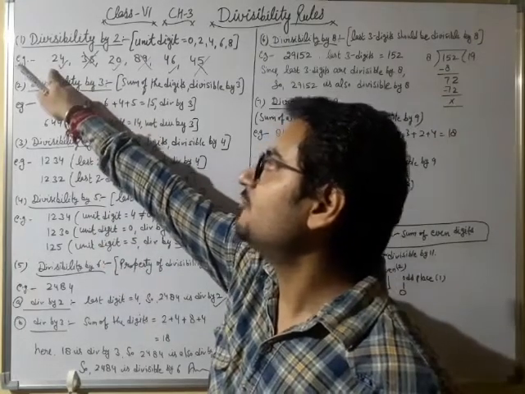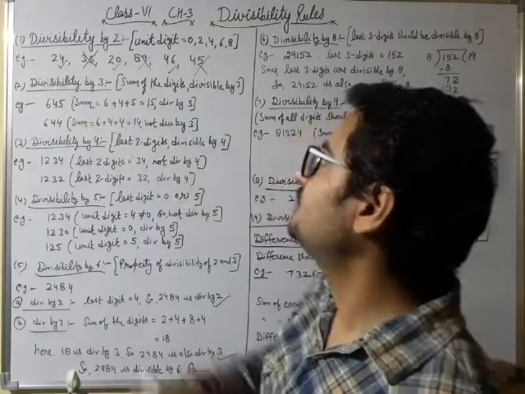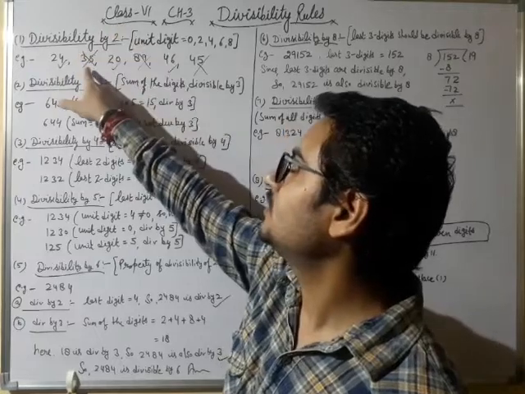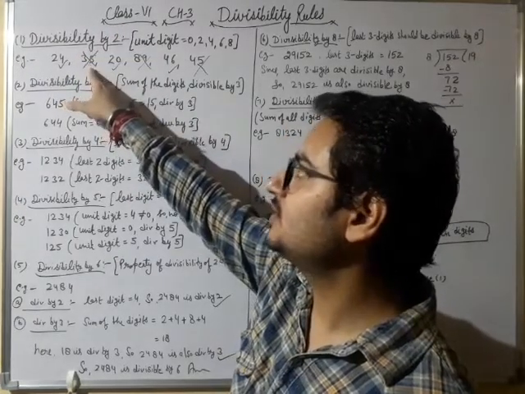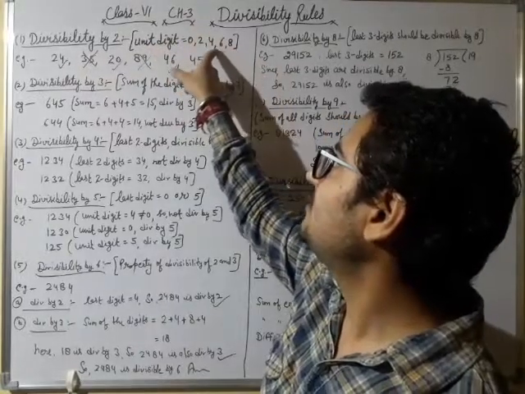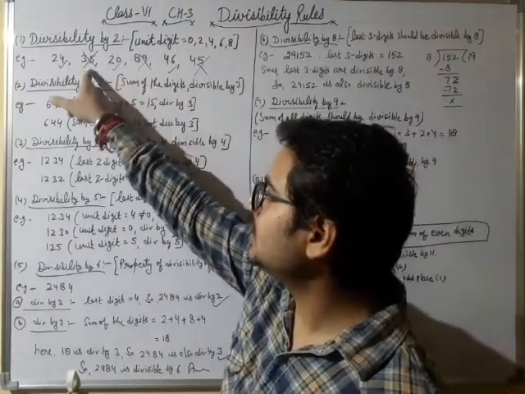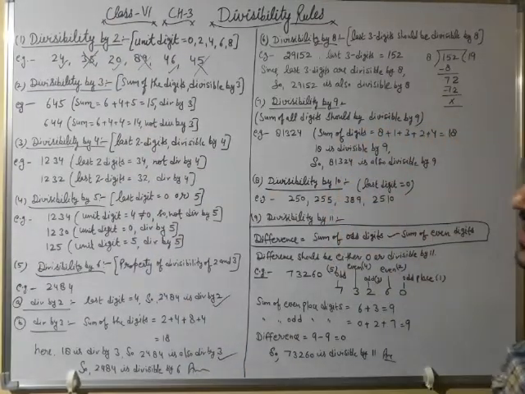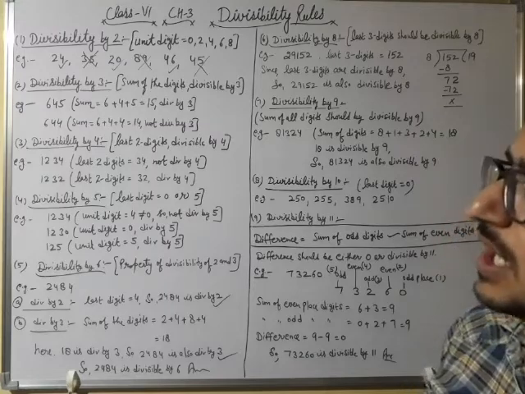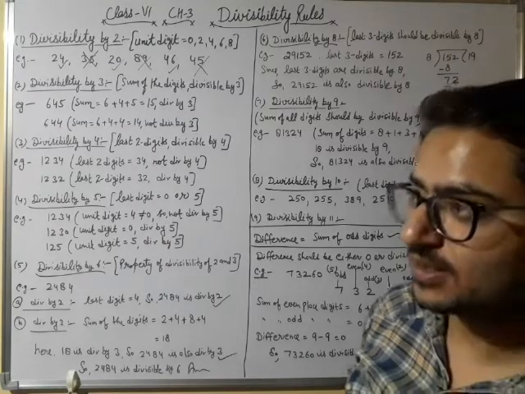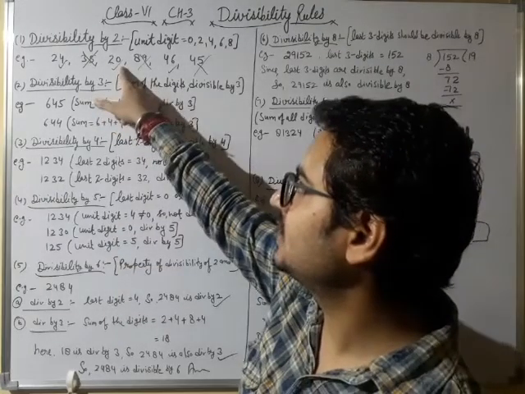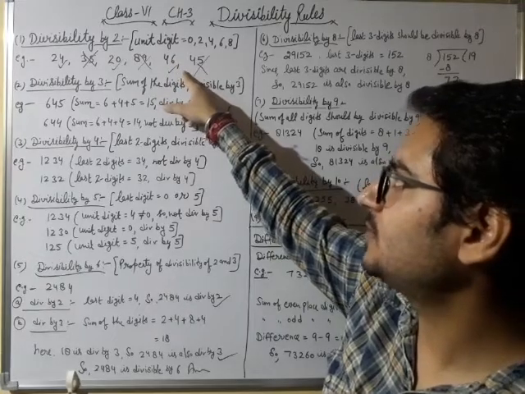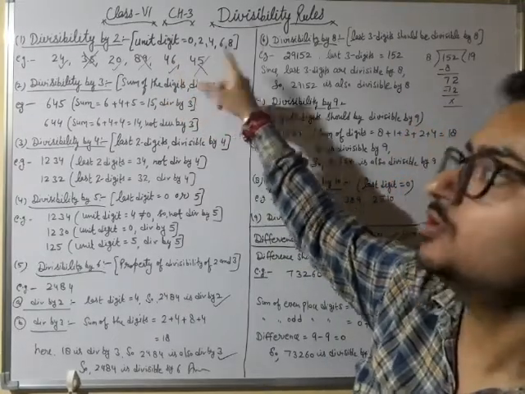First number is 24. Its unit digit is 4 and 4 is divisible by 2. Therefore 24 is divisible by 2. Next number is 35. The unit digit of 35 is 5 and 5 is not divisible by 2. Therefore 35 will not be divisible by 2. So in order to check whether the number is divisible by 2 or not without actual division, we will check its unit digit. Therefore 20 is divisible by 2, 89 is not divisible by 2, 46 is divisible by 2 and 45 is not divisible by 2.